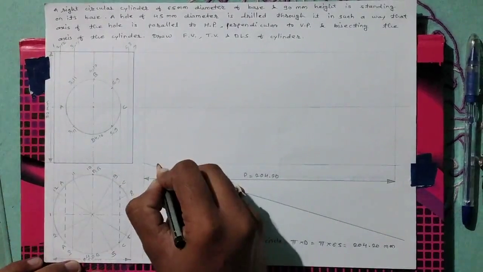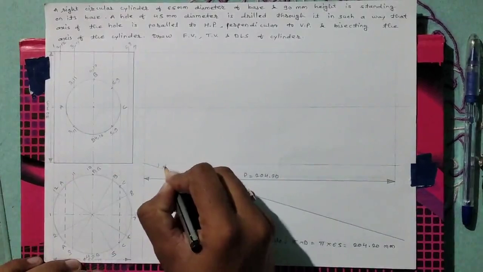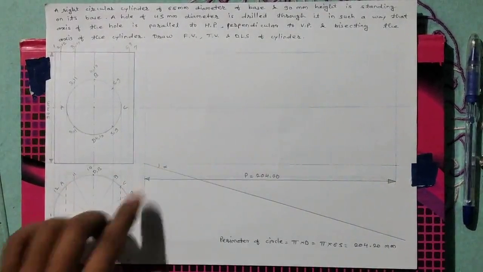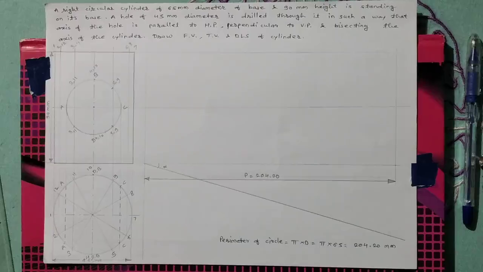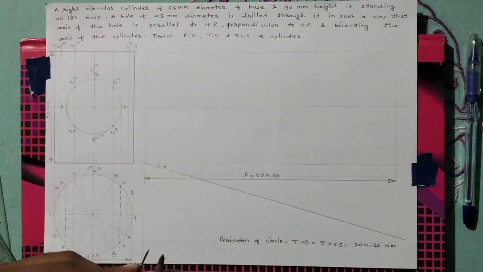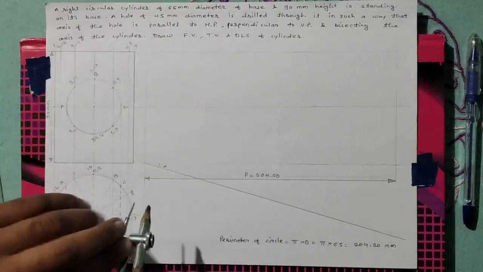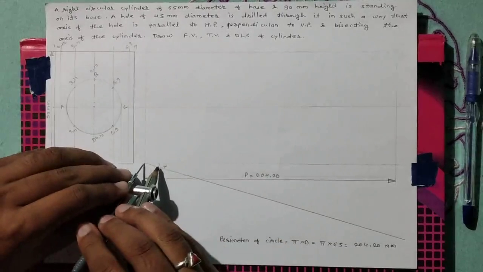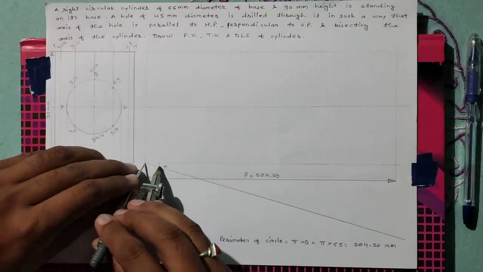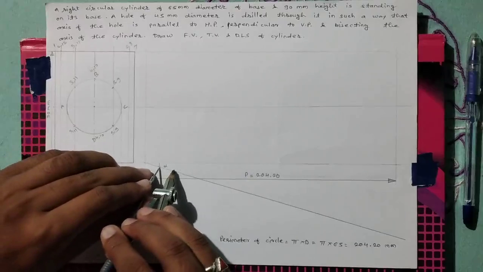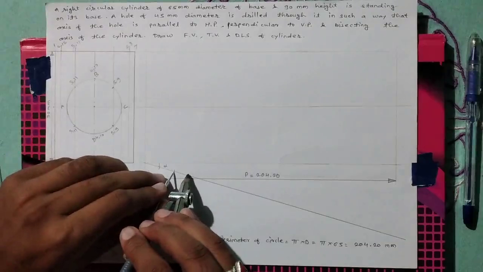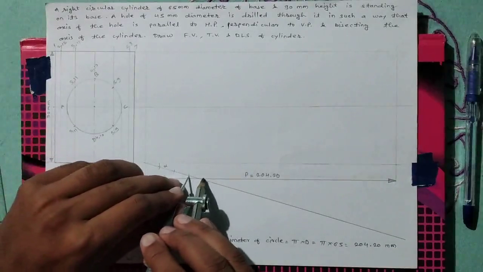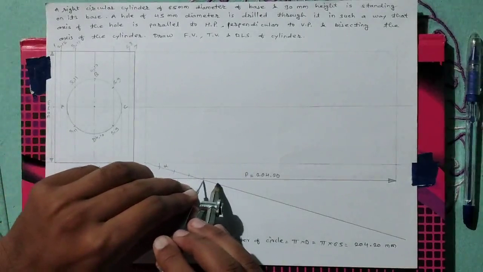This angle should not be greater than 90 degrees. This angle alpha should be less than 90 degrees. After taking this line, take some suitable distance in the compass and put the points, 12 points, 1 2 3 4